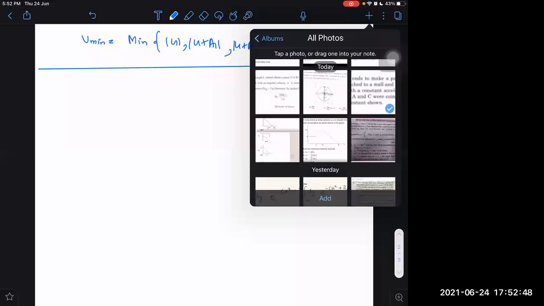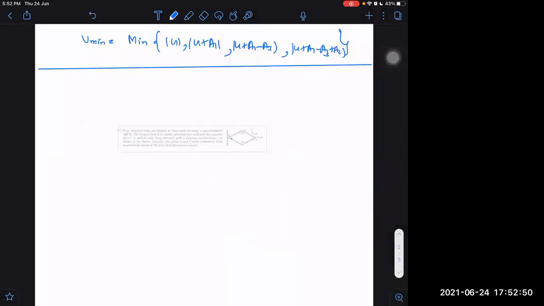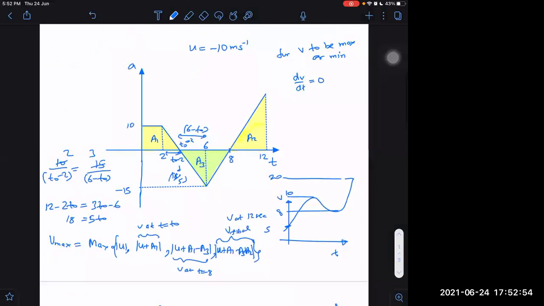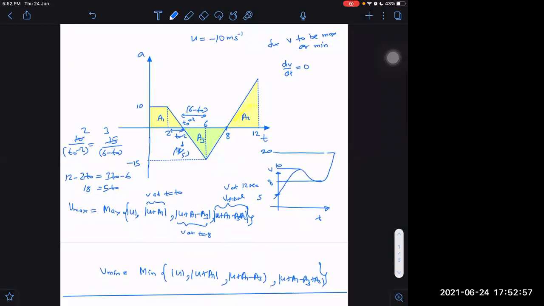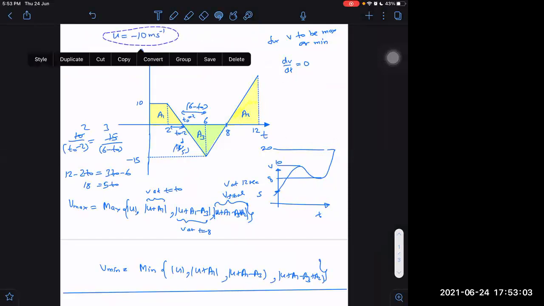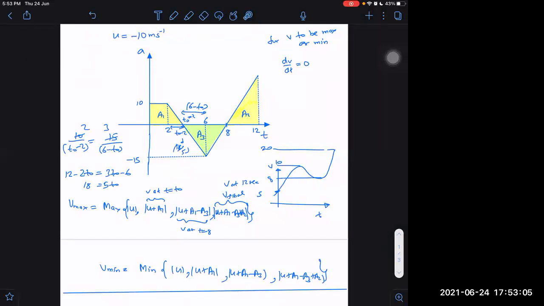Sir, a doubt. In the above question, once you scroll up, sir. They give an initial velocity negative. In the first 2 seconds, the acceleration is constant, which means the speed is decreasing. Then why did you add U plus A1? We have to subtract. Oh, wait a second. Again, I said put everything with proper sign. Good that you asked it now, otherwise you would have committed mistakes finally.